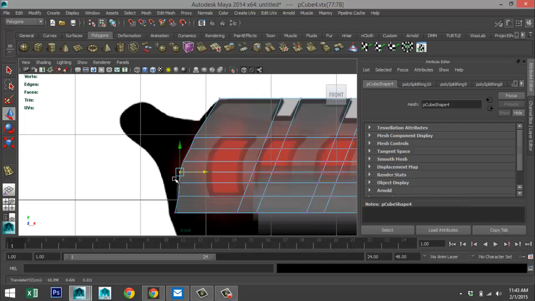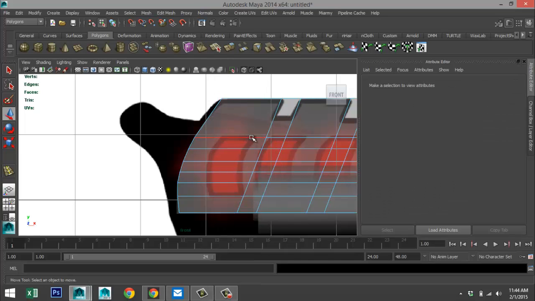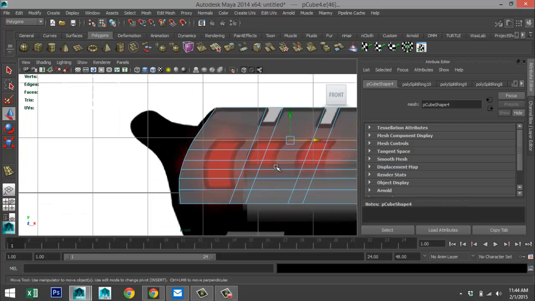And again, it doesn't have to be a 100% copy. But let's try to get it as smooth as we can. And I'll just take this one and bring that in a little bit. All right. Not too bad. We're going to right click, go to edge, double click on that edge, and bring that one up just a little.